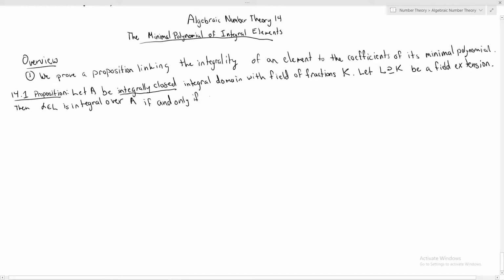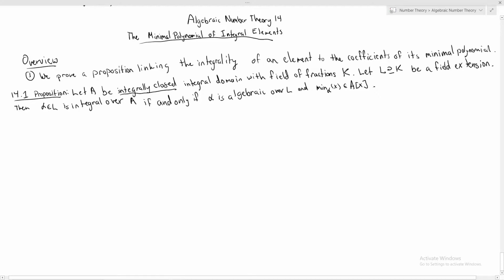So if I'm being careful, alpha is algebraic over K, and the minimal polynomial of alpha lies not only in K[x] but in A[x]. So the coefficients are in A,